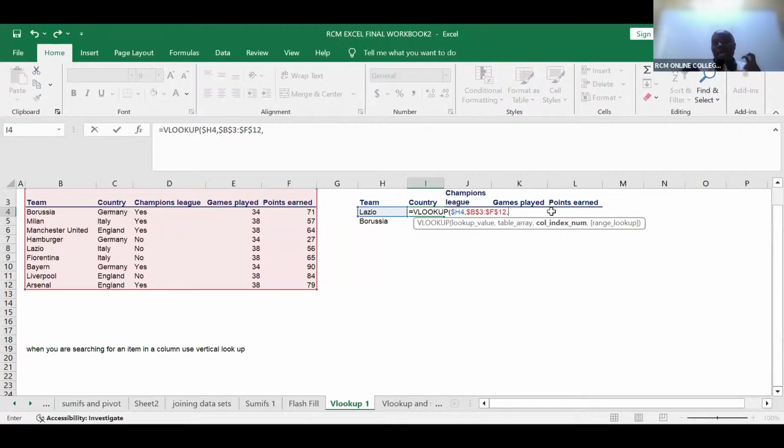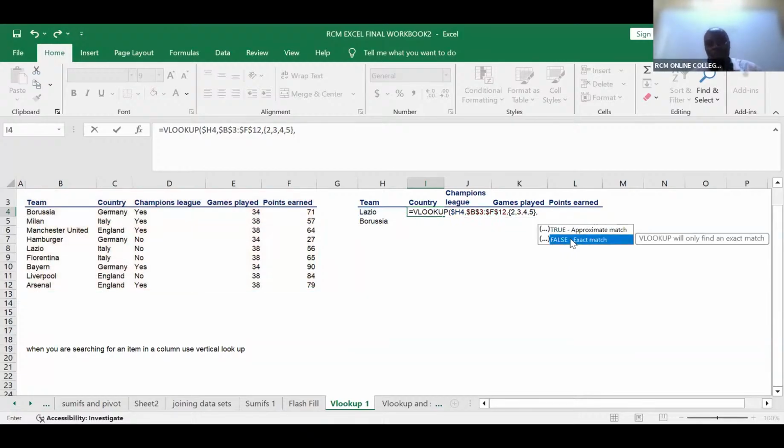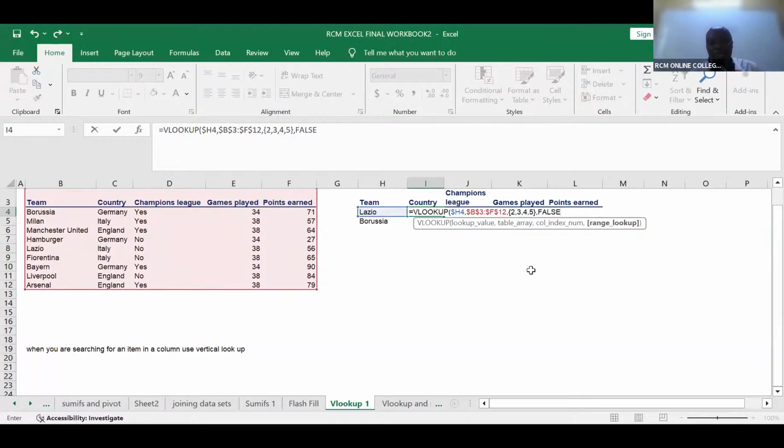Then column index, you must curly them. Yes, great. What are you curling? You want column 2, column 3, column 4, column 5. You close curly, you simply say shift. You can see where the curly is. Comma. And then it tells you the range, which is, you can double click on exact match. And then you close the bracket with the normal bracket, the one on top of number 0, so shift 0,